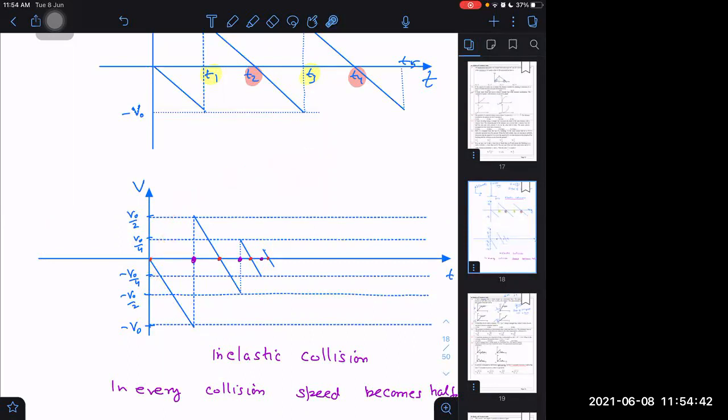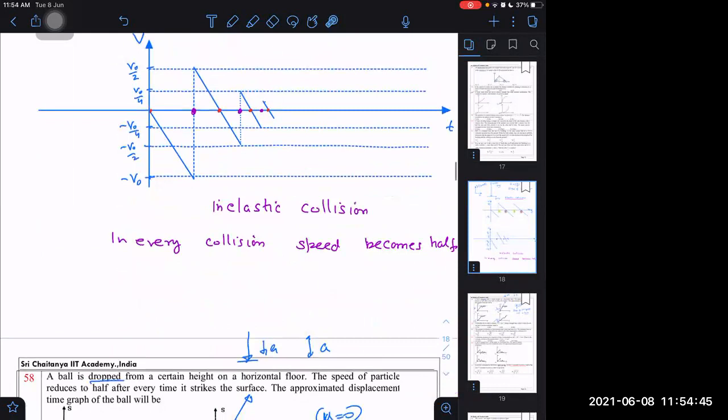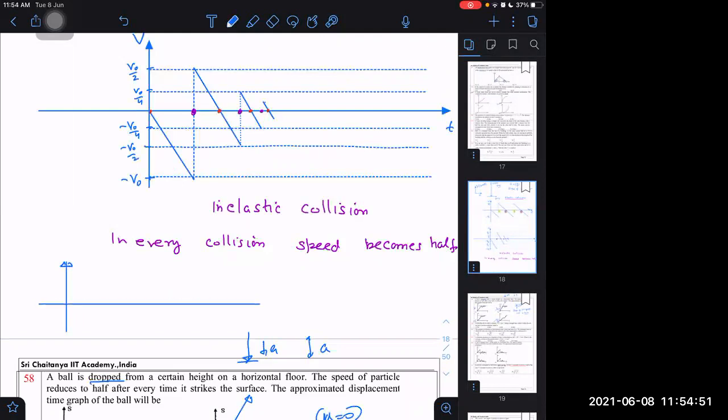Understood? So this graph is also a valid graph. If you see in some book that it is given in this way, then don't think that they are giving something different and sir had told something else. It can be like this way, decreasing every time, but slopes are always positive. My slopes are always negative because I have taken acceleration to be negative. They have taken acceleration to be positive. This is also a correct graph.